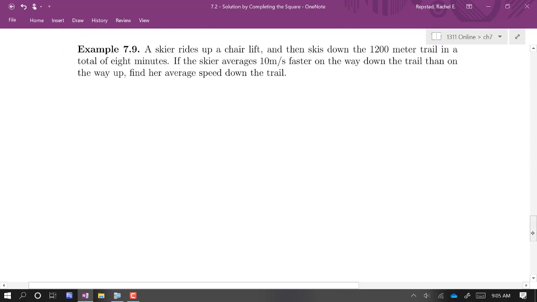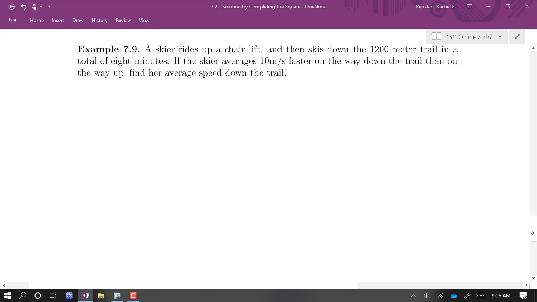Speaking of word problems, let's do one. Here we've got a skier that rides up a chairlift and then skis down. So we have a simplifying assumption here that it really is just the same distance up as it is down. So don't consider the fact that the skier might go off on a side trail or anything. Just think of a straight up and straight down trip. So we have the same distance up and down,